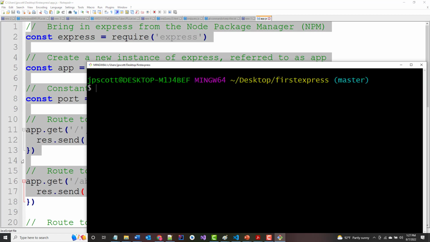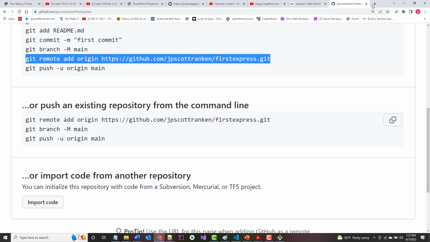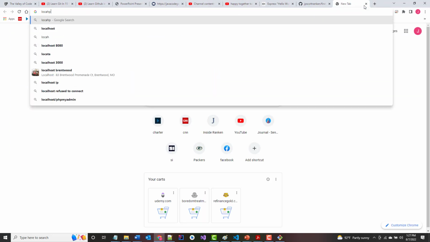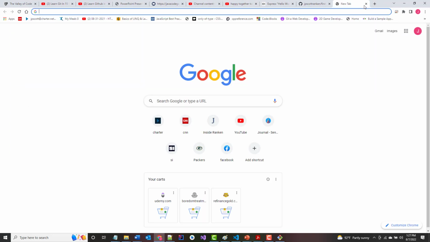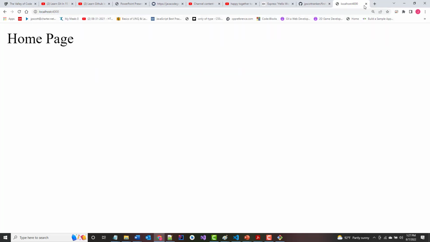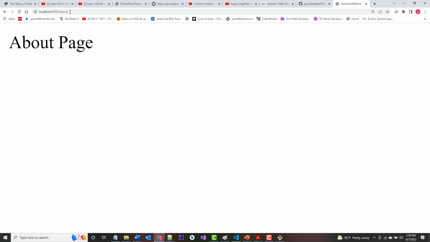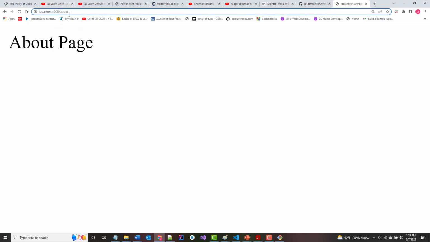Let's clear, npm run dev. Okay, listening on port 4000. That's good. It's a good start. So let's do our localhost colon 4000. And we get homepage. That's good. If we change and append to this /about, we should get the about page, and we do. And if we put in here contact,